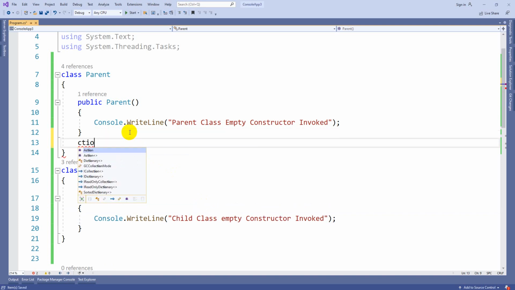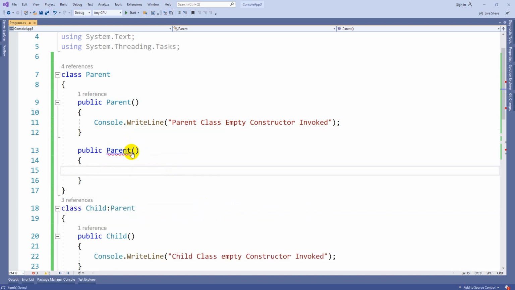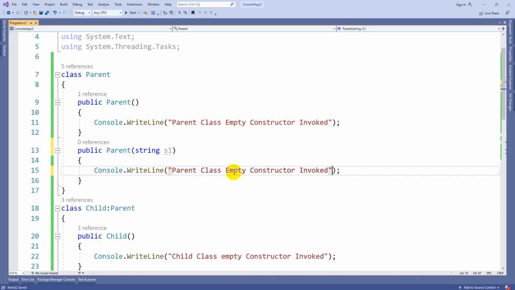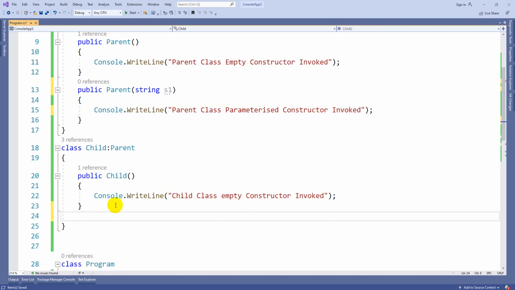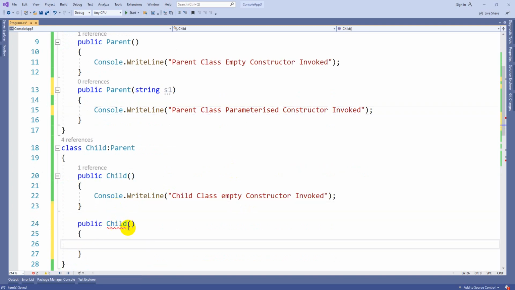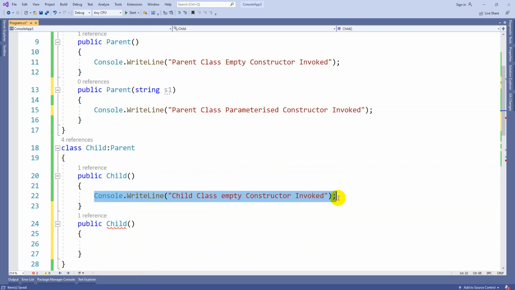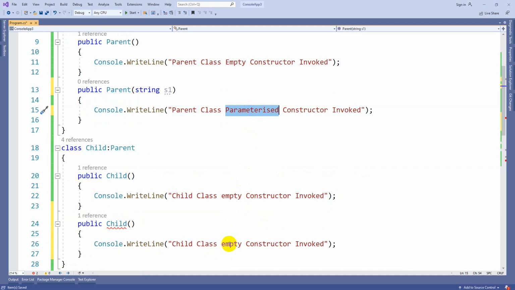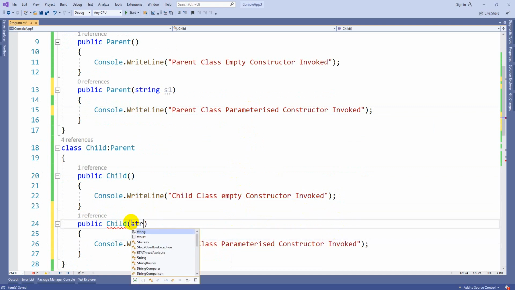Here, suppose you require some string s1, parent class parameterized constructor invoked, child class parameterized constructor invoked. Here also some string ss.